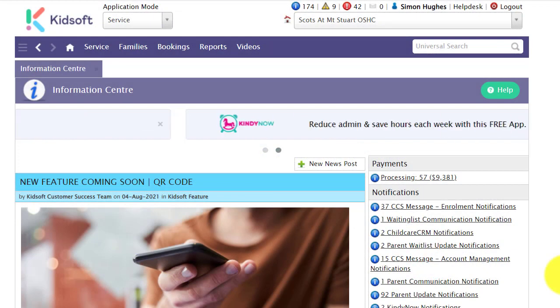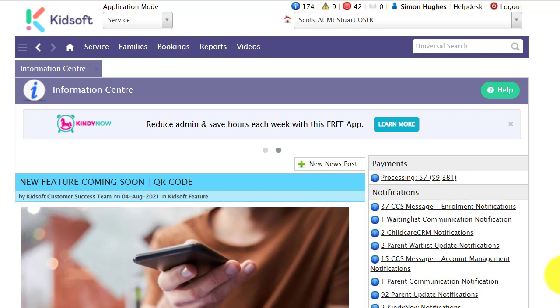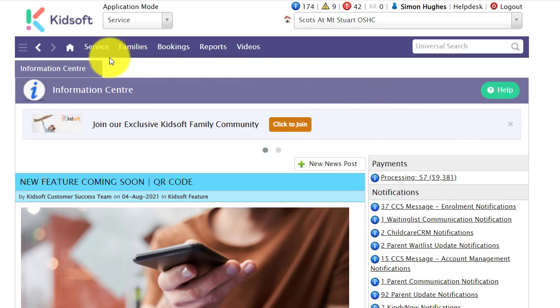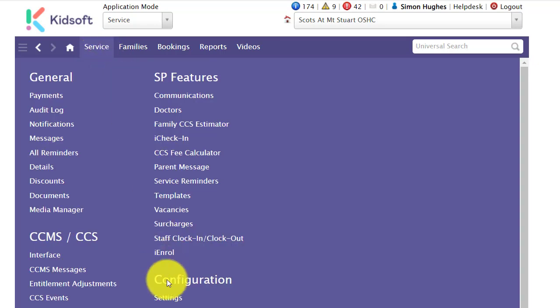Hi everyone! In this video, I'm going to show you how you can use the QR code feature with your visitor log in iCheck-In. You will need to ensure both the QR code and the visitor log features are enabled